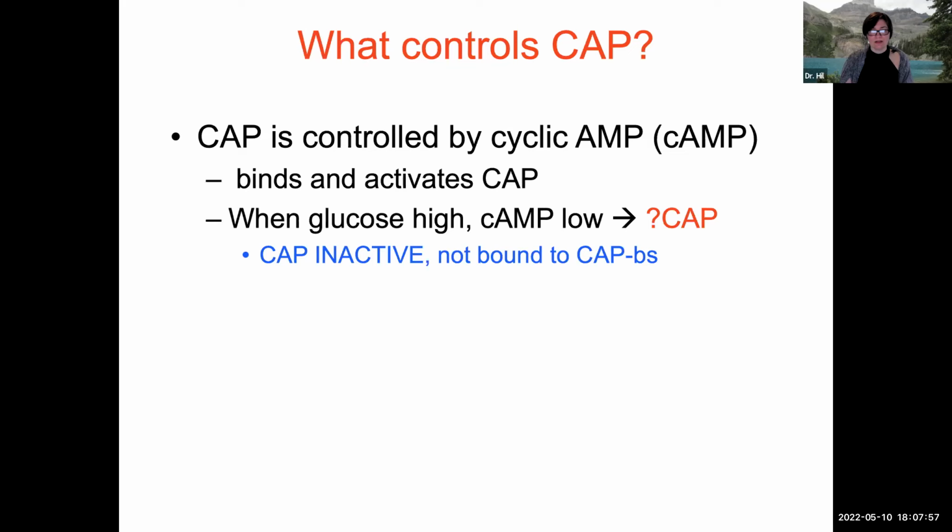Correct. If cyclic AMP levels are low, CAP is not active, which is to say, if glucose is high, CAP